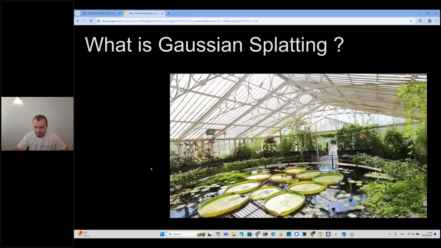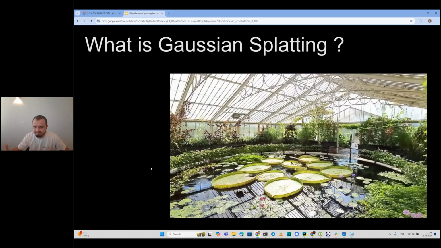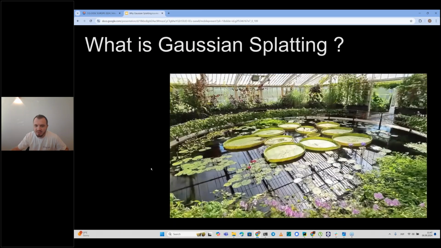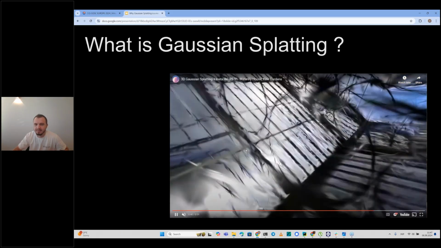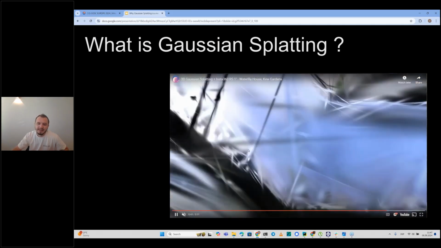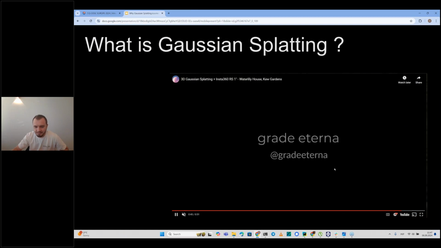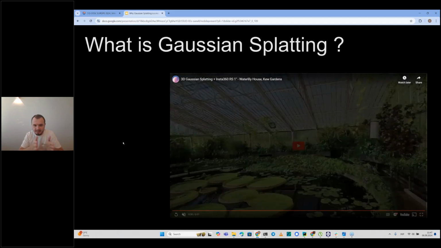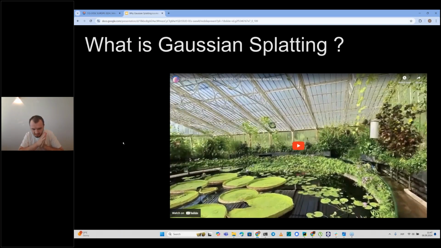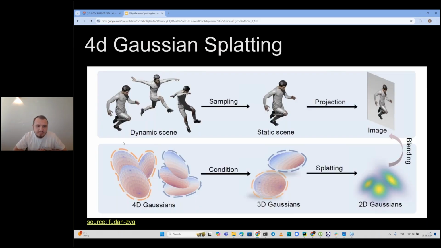So what's next? Okay, right now we have a pipeline that allows us to reconstruct extremely well a 3D model of light behavior in the scene by approximating it with this set of Gaussians. What's next? Next, we can try to model the temporal dynamic of objects with 4D Gaussians.